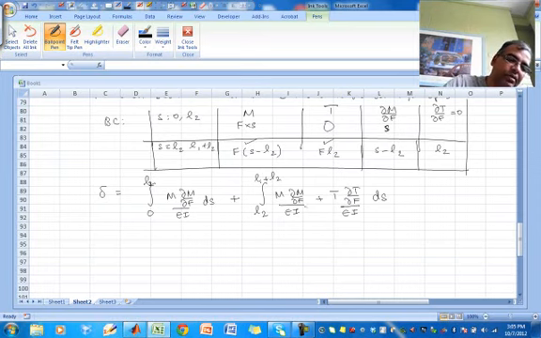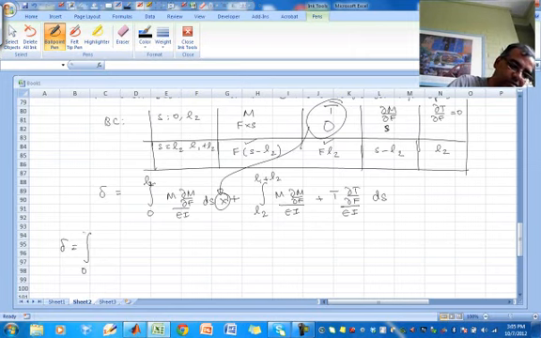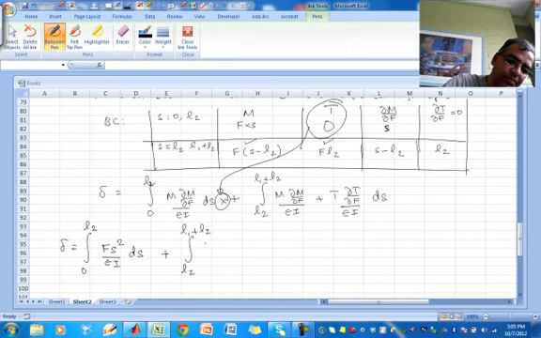So let us see. How come there is no dt ds here? Remember, that's why there is nothing there. Okay, so remember that. Now let's calculate it. Delta equals integral 0 to L2, M is Fs, dm df is S, so that's S squared over EI ds, plus integral L2 to L1 plus L2, M is F times S minus L2, dm df is S minus L2, over EI